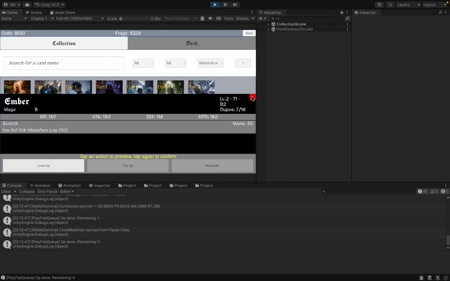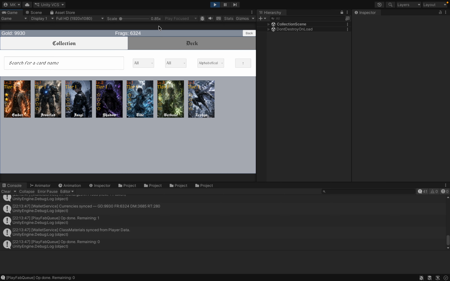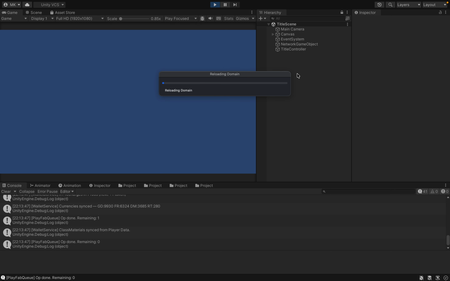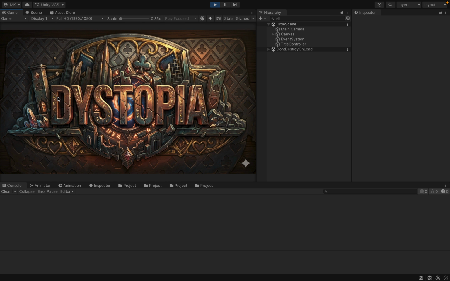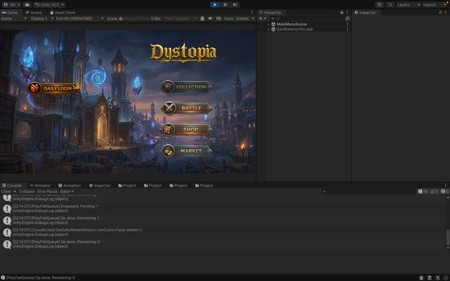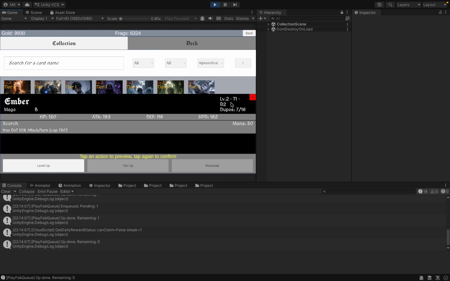So if I level it up, it stays persistent. So this is level 2, right? If I close and play it again, then it's gonna stay level 2. So let me just log in as guest collection, and the number, as we can see, it's level 2 because